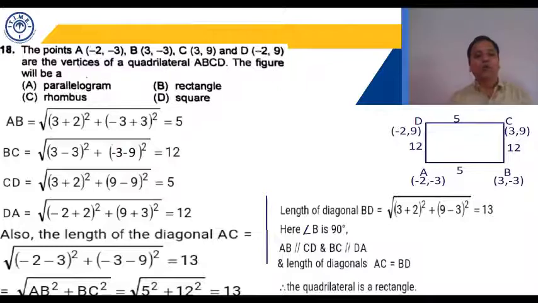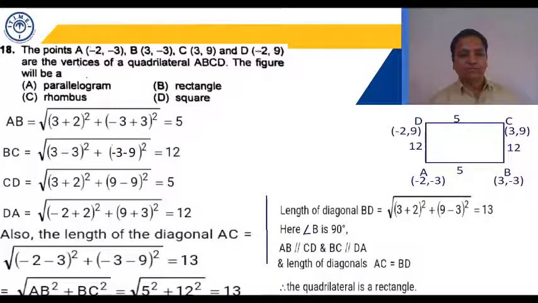Square and rhombus were ruled out in the initial stage when you found all the lengths. When you found AB and BC, they came out to be different. So options C and D were ruled out. The close call was between A and B. That's why we found the sides, the angle, and the length of the diagonal. Finding the diagonal alone would also have been enough, but we checked that the sides meet at 90 degrees in a rectangle. I hope this is clear.